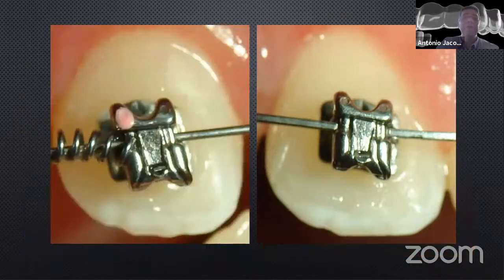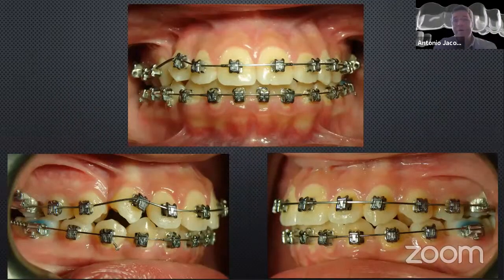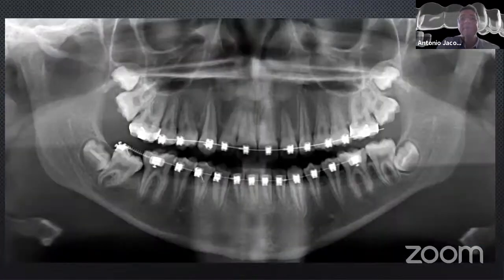It was the first bonding process where I needed to put the root on the mesial, and then I just changed the bracket, and I use the same bracket to position the root of the lateral incisor on the right side. Sorry, and now it's coming very nicely. The second molar was also de-impacted, and the canine is erupting very nicely, and we are now getting to the